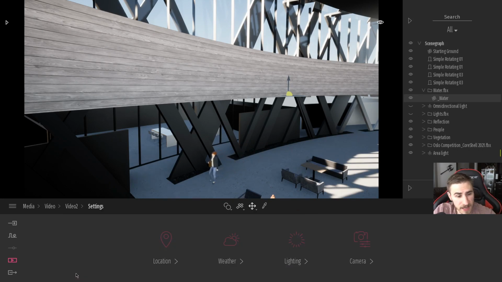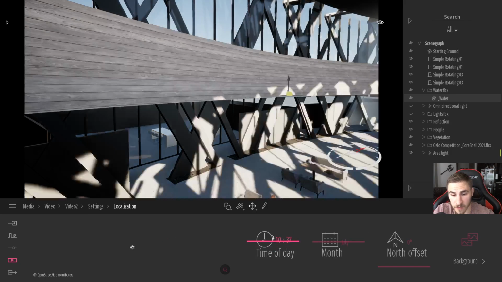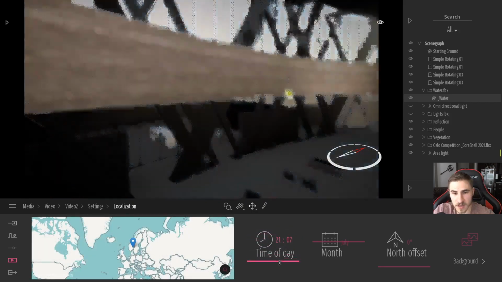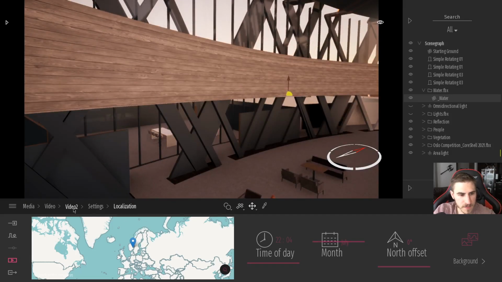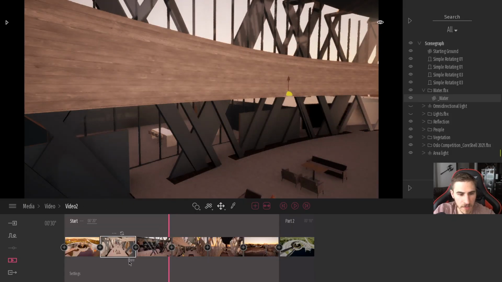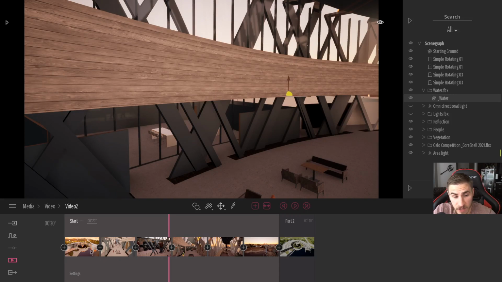I can come down here to settings, and this is going to be the settings for the entire part. Now, it's kind of confusing because you've got settings for the whole part, but then we have pieces that have their own settings. But let's actually see what happens. I'm just going to change the time of day to something that is drastically different, maybe later in the day. We could do something like that. Okay, so that's good. I'll come back to my video here, and you can see, boom, just globally.